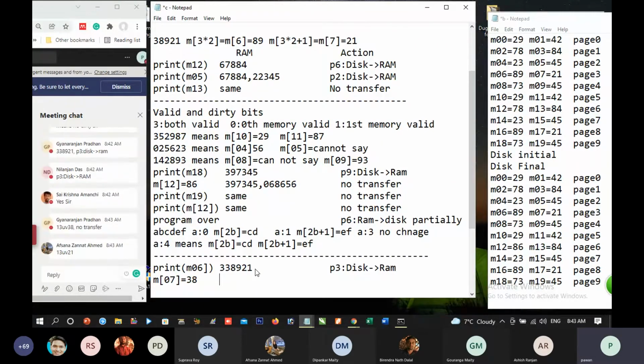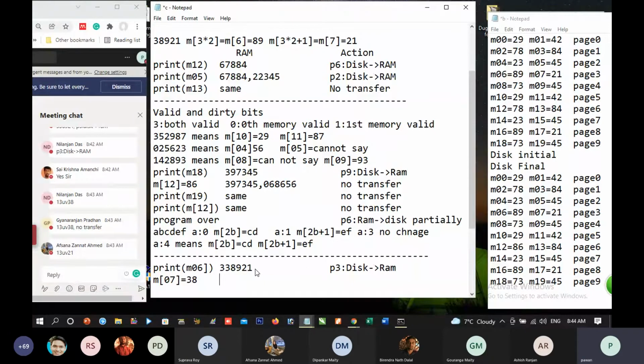No, wrong. Gyan is wrong. Why are we making the value of memory 6 garbage? Gyan is wrong, Jannat is wrong. Both are wrong.